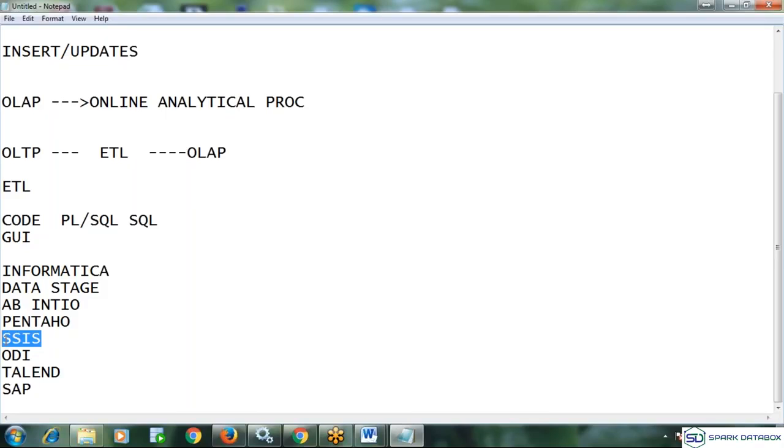Ravi also says that SSAS is coming good. Yes, SSAS is also there, for analytical services. Using SSAS you create cubes, right, like in Informatica we can create cubes. By using SSAS, as I told you in my project architecture, we are performing scientific analysis. For that we create a cube. To build those cubes, we need to know about SSAS.